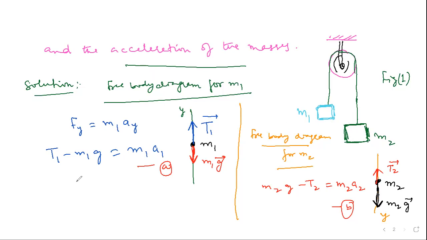So I write here under ideal conditions, T1 is equal to T2 and let that be T, and A1 is equal to A2 and let that be A. Therefore, equations A and B become,